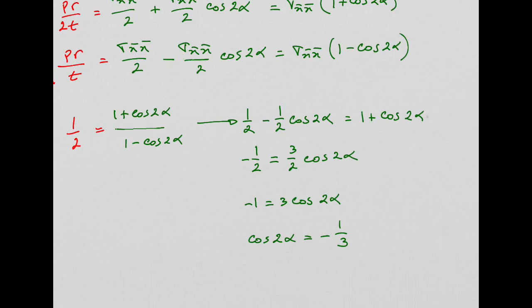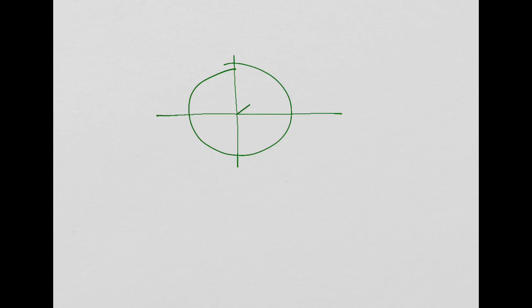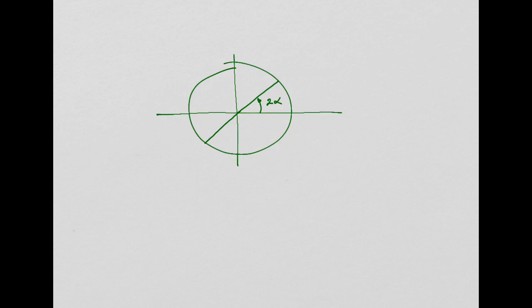Okay, let's look at the trigonometric circle. So you have something like this, right? This is my 2 alpha angle. And this is my